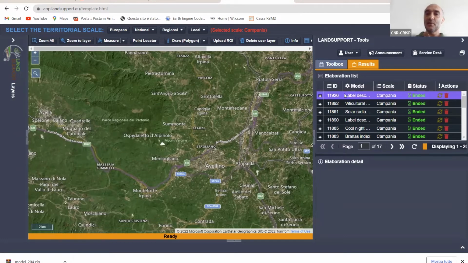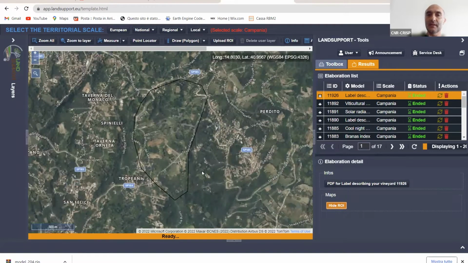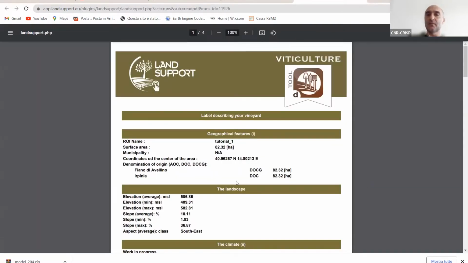The first elaboration of the groups of elaboration is the last. So this is my last run that I can click and see on the bottom of this right panel the output. In this case, I can show the ROI, which is my area of interest. This is the area of interest that I already drew. And this is the output referred to that area of interest. As you can see, this technical report is a PDF document that you can also download and save on your PC,